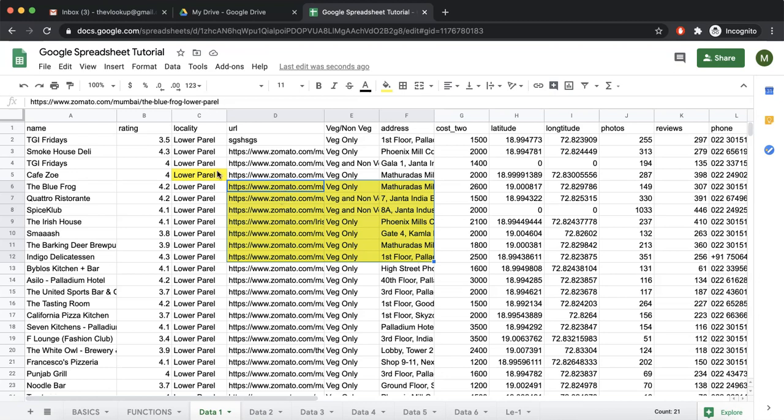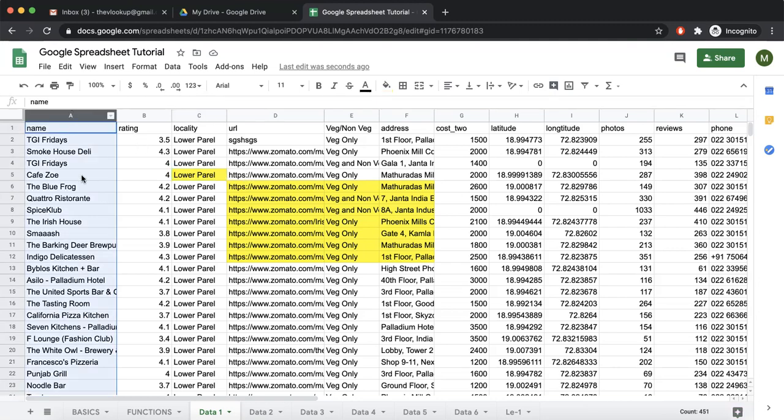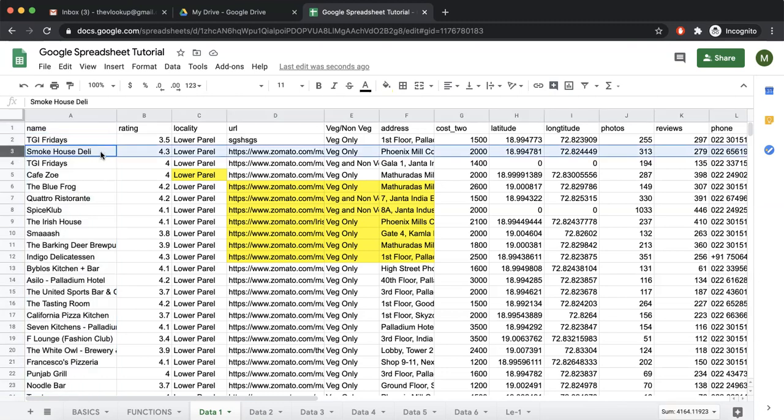Now you can argue that one cell is also a range, which is just one cell in it, but it's okay. When it's just one cell, we do not generally call it a range. When it is more than one cell, we call it a range. Now if I select this entire column A, this is a column, but we can also say this is a range. When we select the entire row, this is one row, but we say this is a range because it has more than one cell. Now how do we name a range?